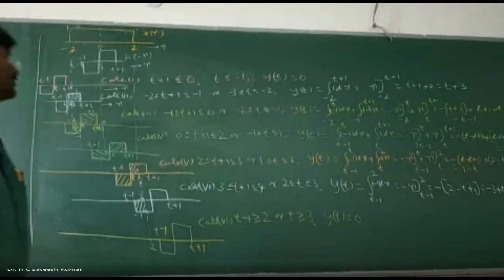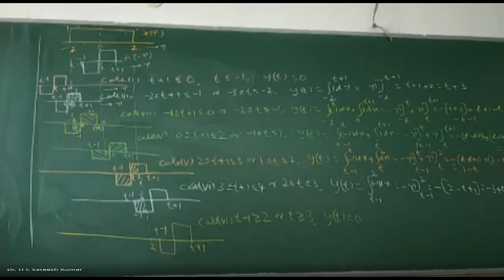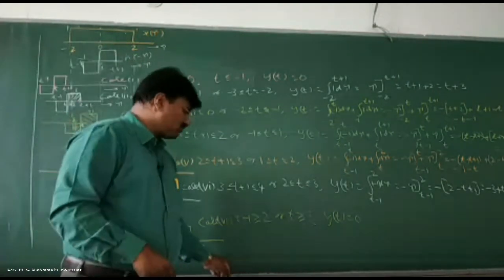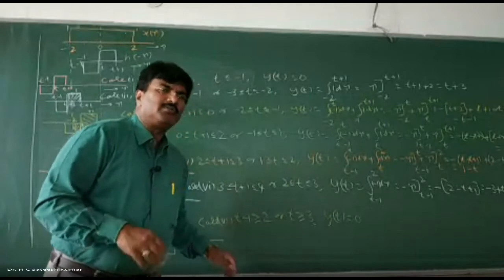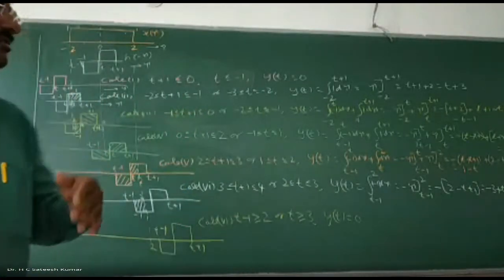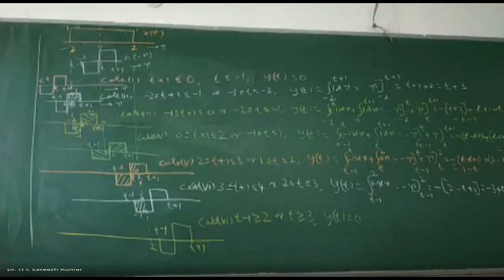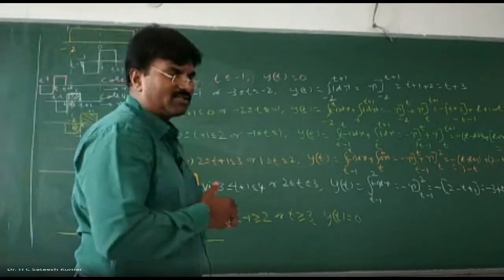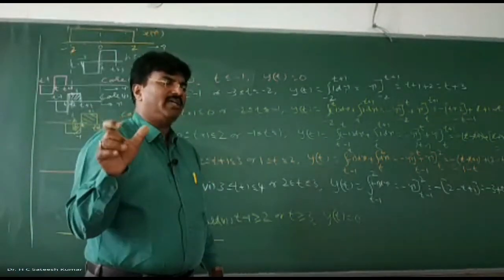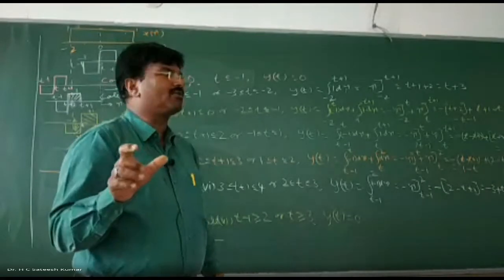That's it. We should be very careful while doing this problem. This is the highest number of cases that we have seen in the history of the VTU question papers. 7 cases we have. Sir, when will you get 7? You see, we said that when the functions are finite and unequal, what did we say?